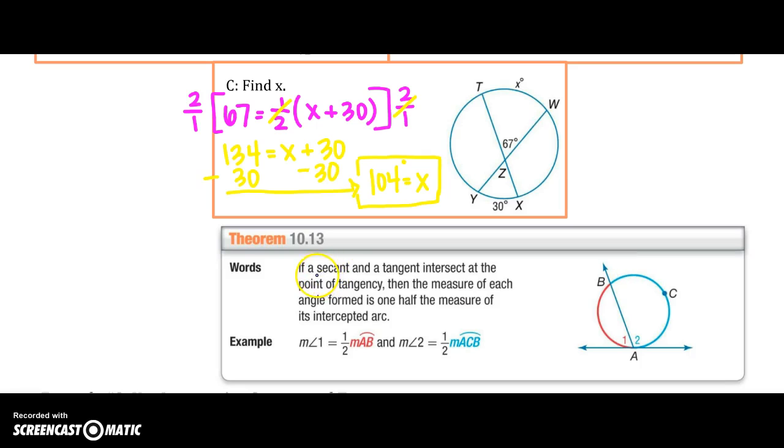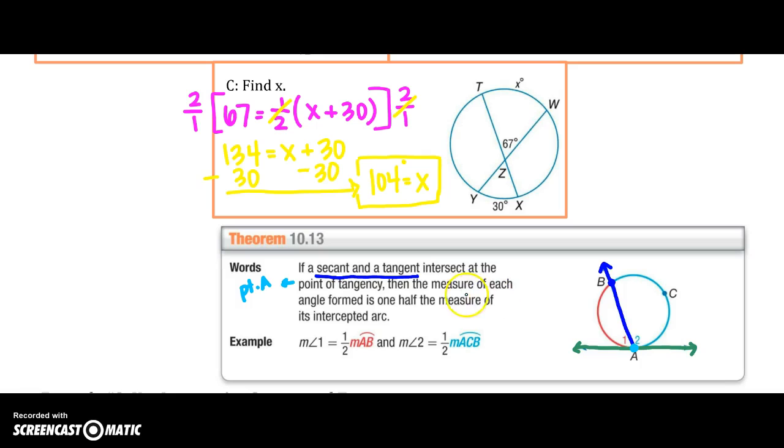We have a secant and a tangent. So in this picture, BA is going to be a secant because it intersects the circle at exactly 2 points and it has that outside portion. And I have tangent A. Alright, so if I have those two and they intersect at a point of tangency, remember that point of tangency is point A,